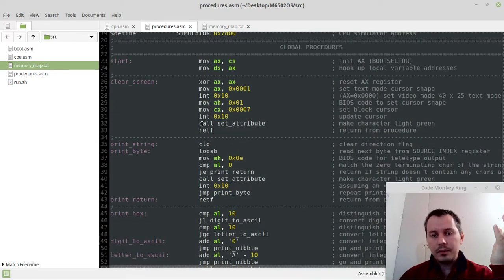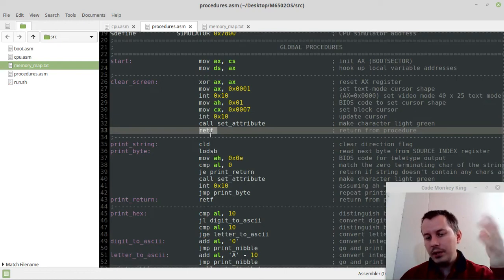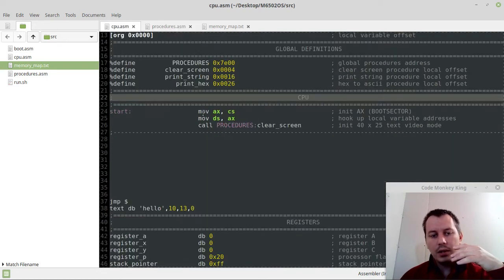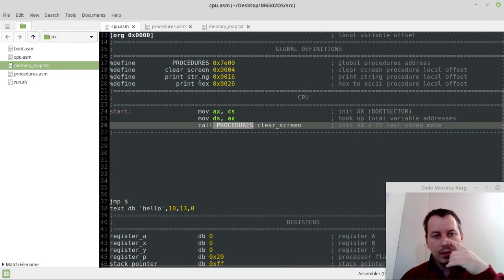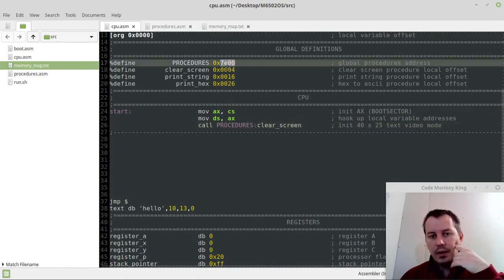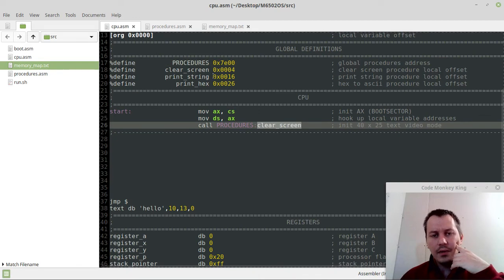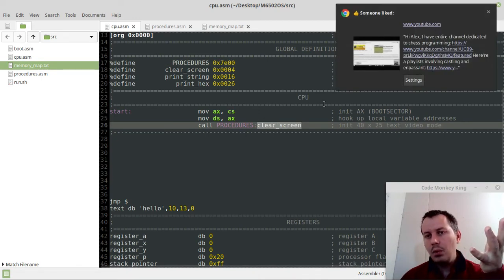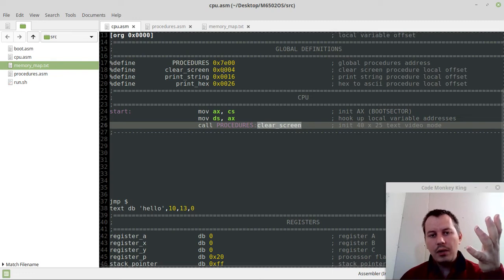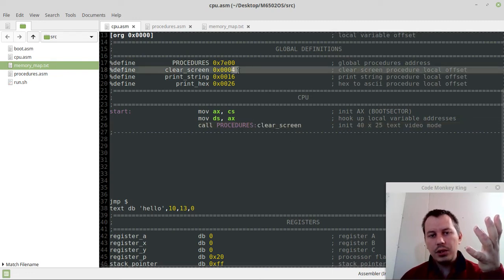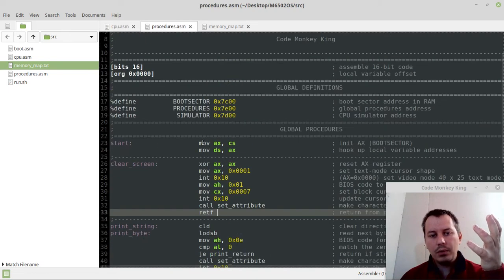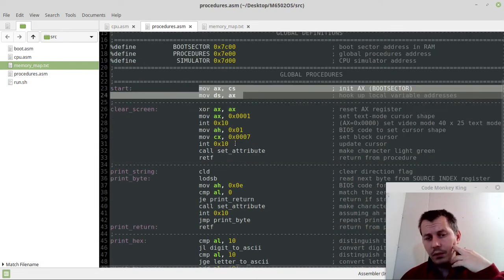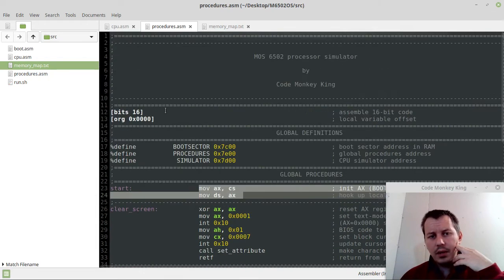And just to get back, it uses a far return instead of return, and the way I call it is first the segment. So procedures is the address of where it is, well, actually it's not even a segment, it's the real address, and then the local offset of the function. This clear screen, for instance, is just 4 bytes after the beginning of the file. This instruction takes exactly 4 bytes, and it runs in